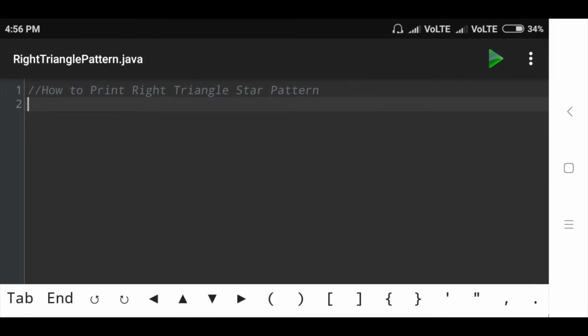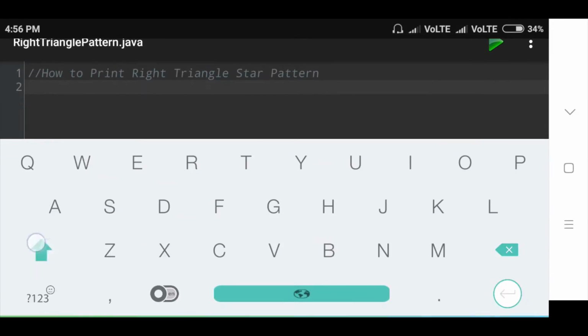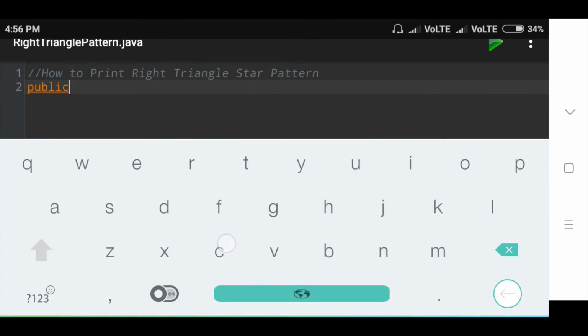First of all, I will create a public class RightTrianglePattern.